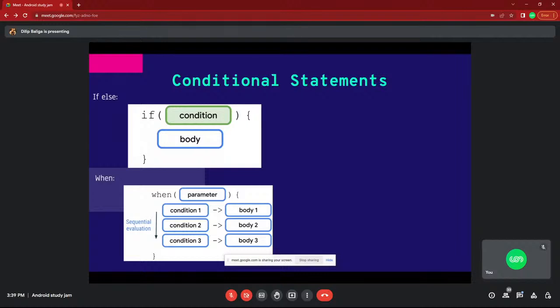I think all those things are basic, and you have already gone through them in C and C++ also. These are simple things. But in Kotlin we have when. When is similar to the switch condition. I think anyone knows it.